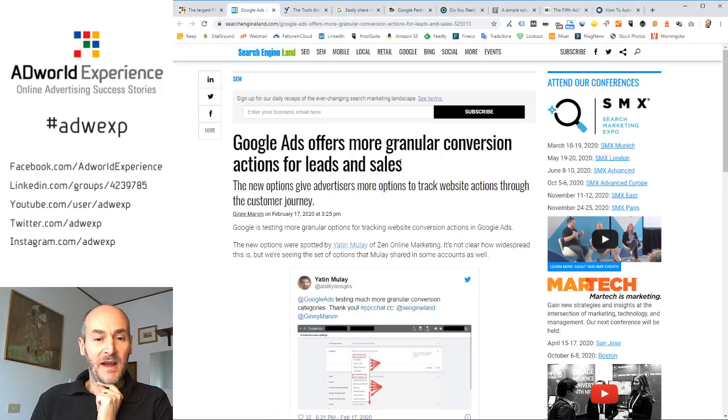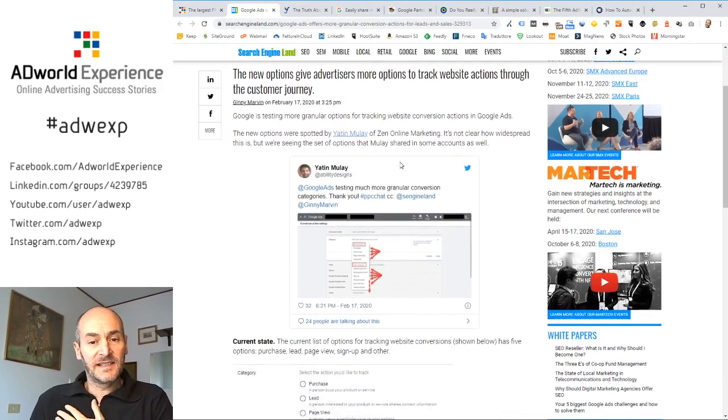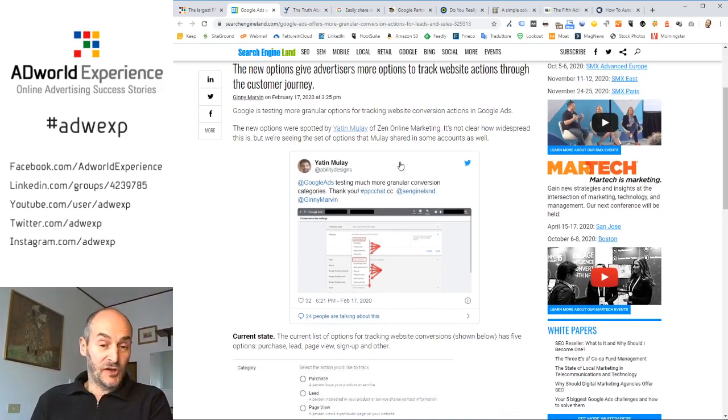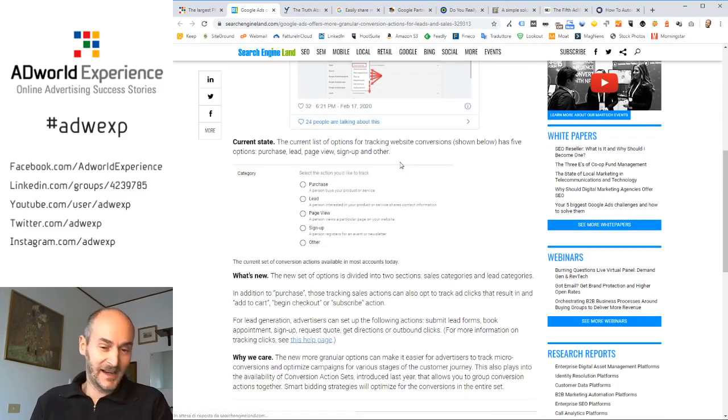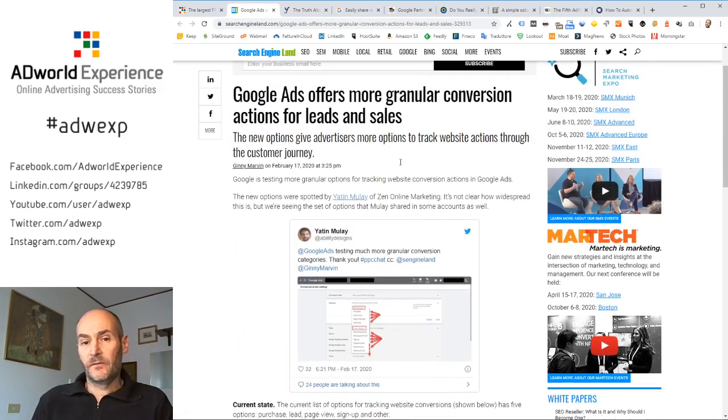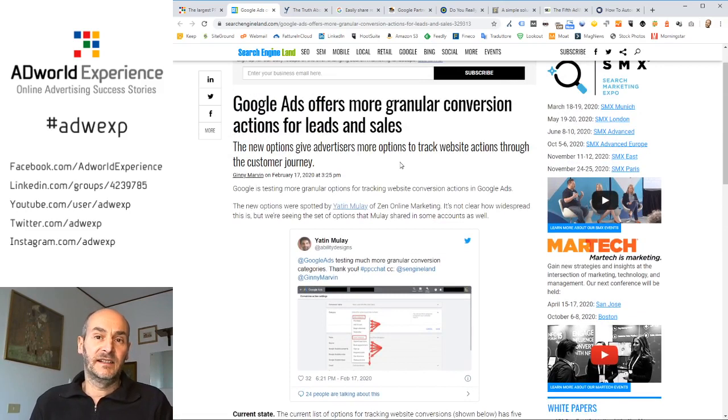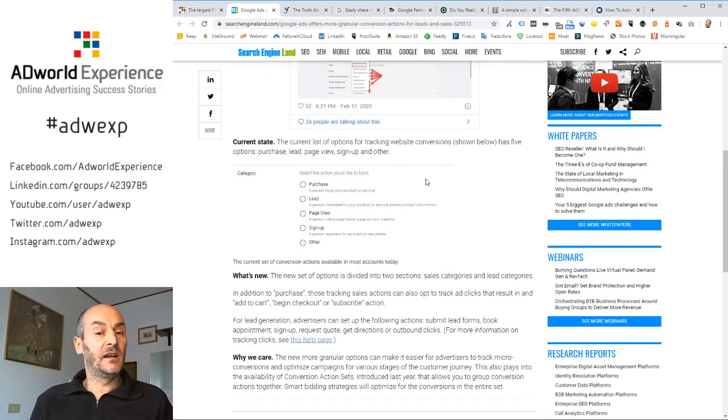From Search Engine Land, Jenny Marvin underlines that a professional PPC professional, Yannick Mulé, has discovered that if you use the global site tag and link it to the Google Ads account, you can have in the conversion area of the account a lot of pre-purchase